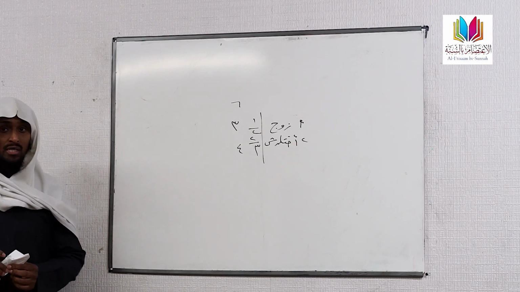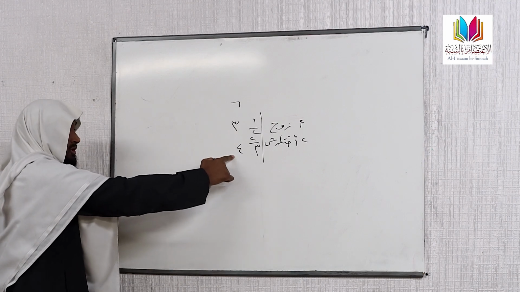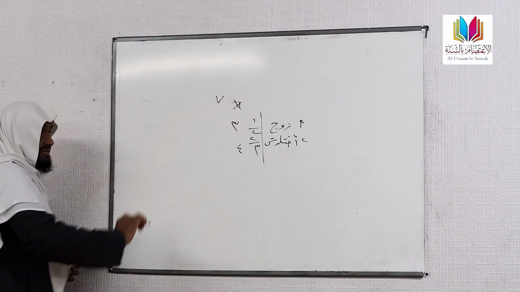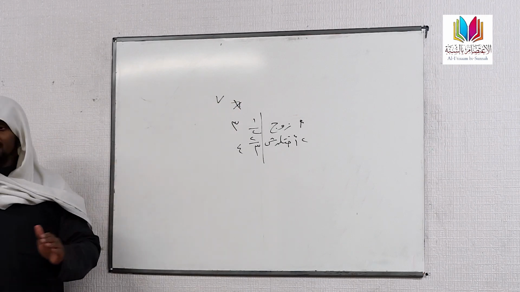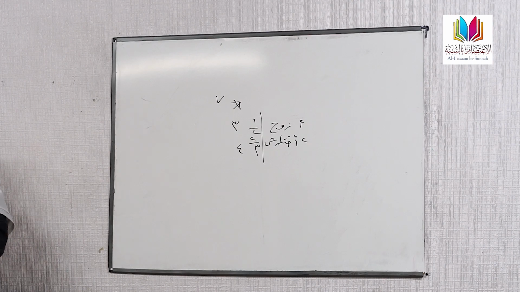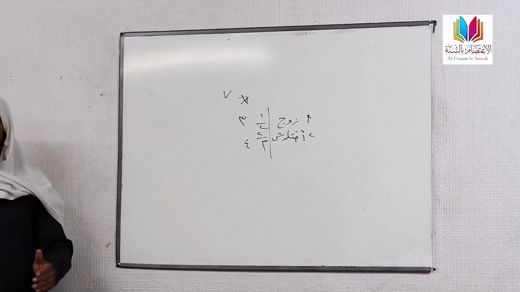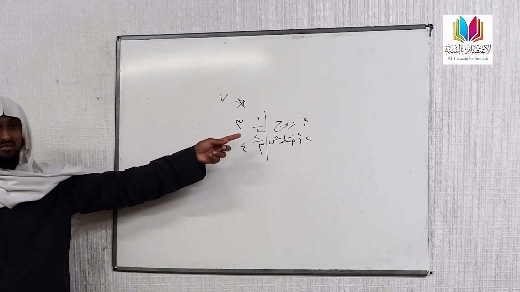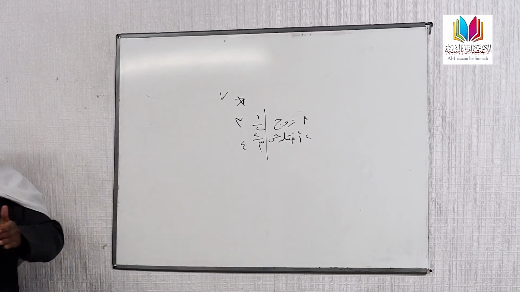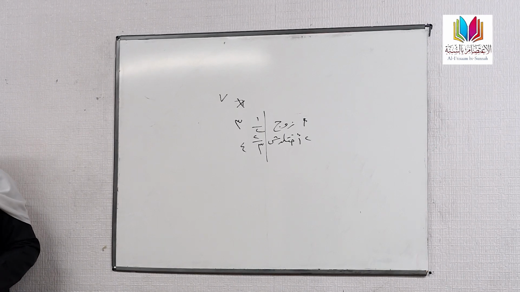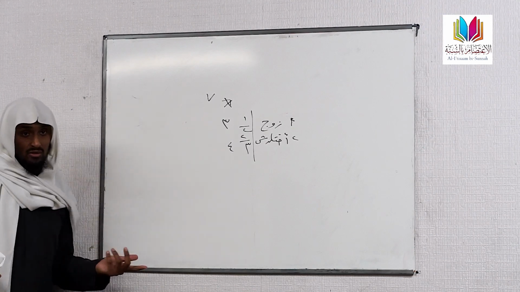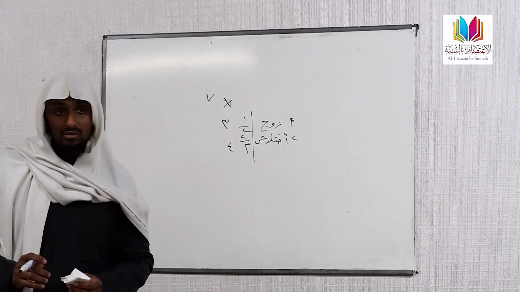Is that understood? So what we're going to do is we're going to add 3 and 4. What's 3 and 4? 7. So the new asl mas'ala is 7. Is that understood? So instead of splitting the wealth, the mal, into 6 portions, what we're going to do now is we're going to split it into 7 portions. In which one are they going to get less? When we split it into 7 or when we split it into 6? If we split it into 7, they're going to get less. So that is the idea of awl.